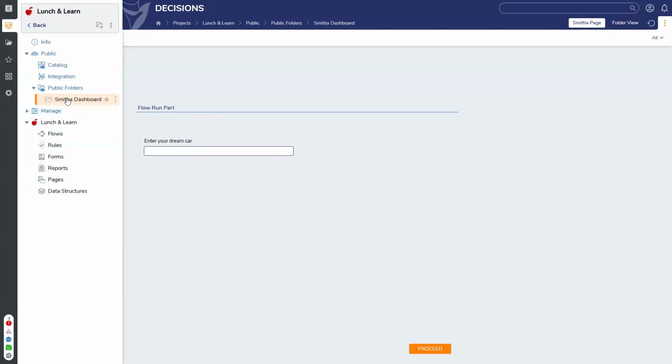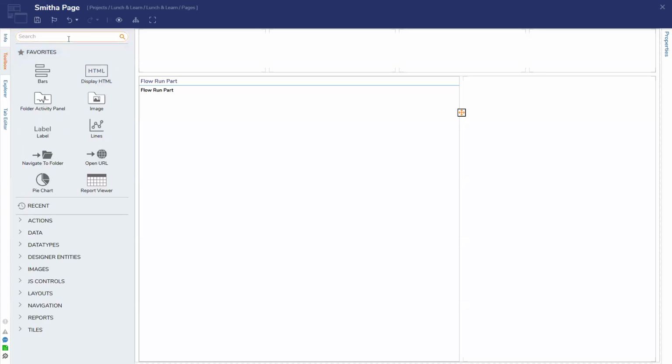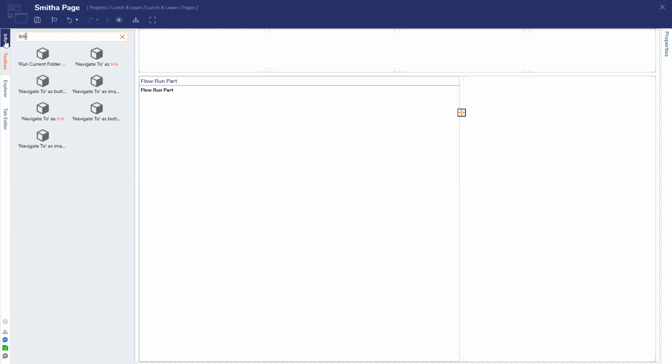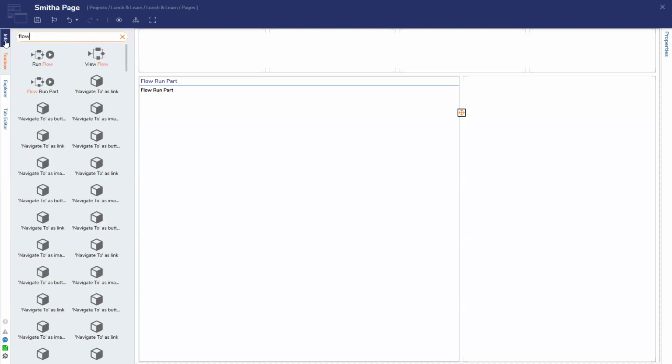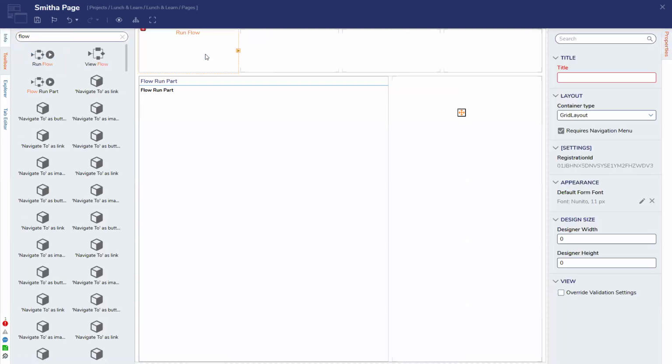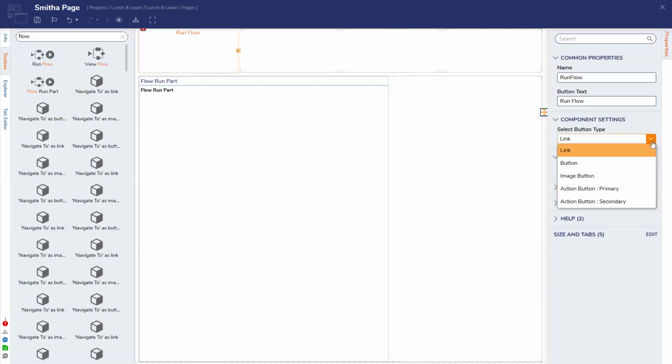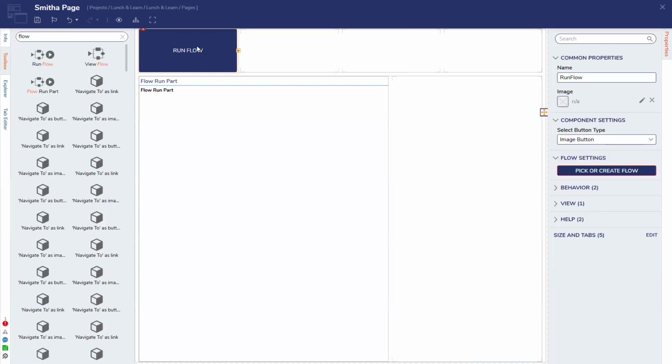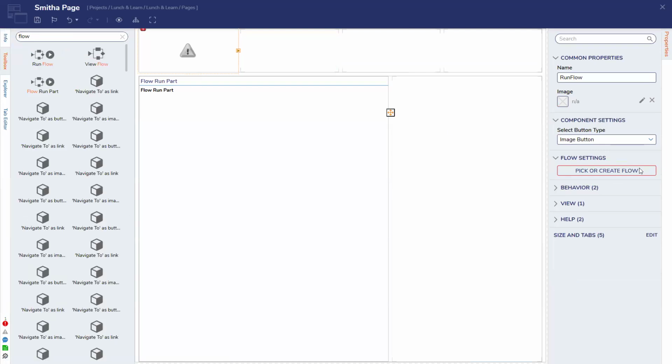You have specific buttons that let you just kick off flows in general that are not displaying the form within your page. So let's go to some of those options as well. If we go to your page, and if we have, I think it's link. I think it's called link, or I'm gonna search flow. So run flow right here. Perfect. So we can set this as a link, as a button. You can upload a custom image, like maybe you have a company logo you want them to click, something along those lines. You can choose it to be one of the action buttons or of that style of action